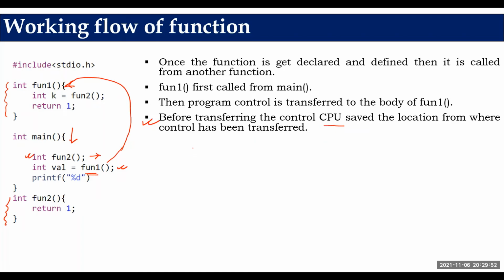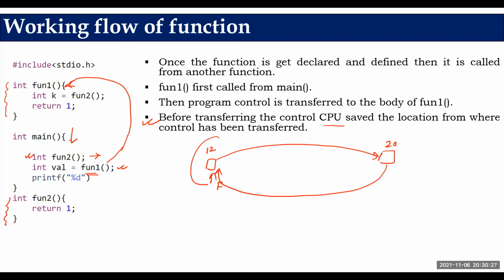Why does the CPU need to save it? Suppose you are sitting in a particular room, room number 12. There are lots of rooms in your school or college. Suddenly your faculty comes and tells you to go to room number 20 and do a certain job, and once the job is over, come back. So you need to go there, and once the job is over, you need to come back. This is your location, where you will always be available, room number 12. So we always keep track of where I am coming from; from room number 20, I should go back.